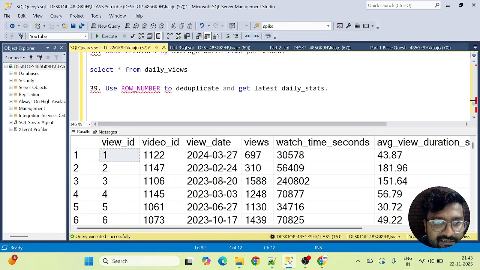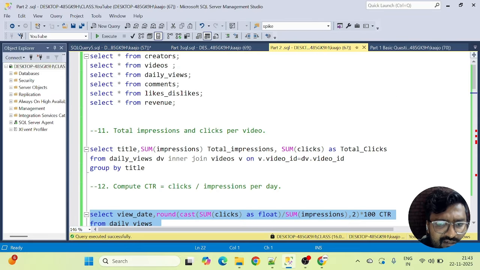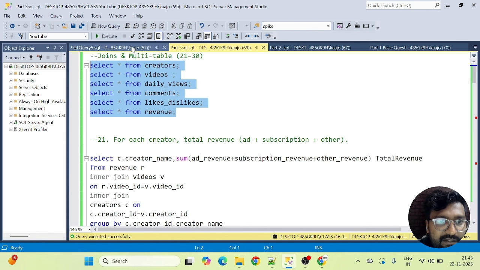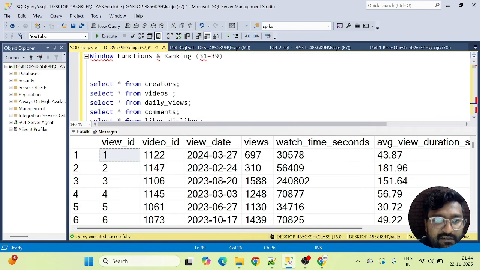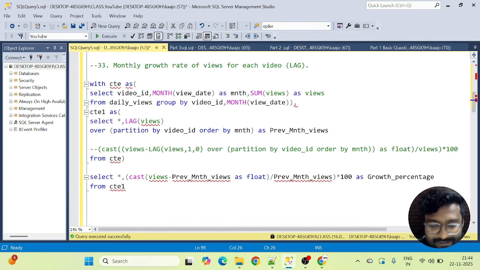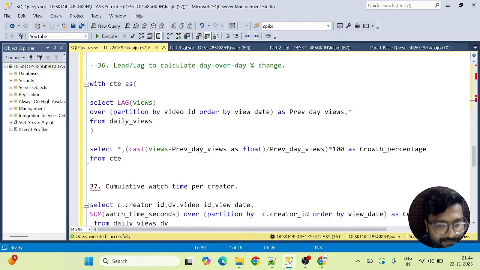I hope you guys are liking this segment, because to be honest, I have felt that this part was quite complex compared to the parts that we have discussed previously. Initially we discussed basic questions, then I think part 2 was regarding aggregate functions and window functions. Then we came down to joins and multiple tables, and now we are primarily dealing with window functions and ranking. The lag question was the one that really got me, because even I got confused for a moment between subtraction, whether to subtract by previous month or current month, then which month to divide by. But these kinds of questions you can expect in a good SQL interview for sure.